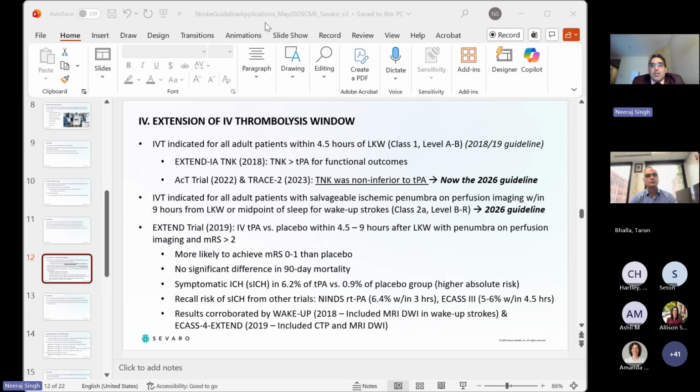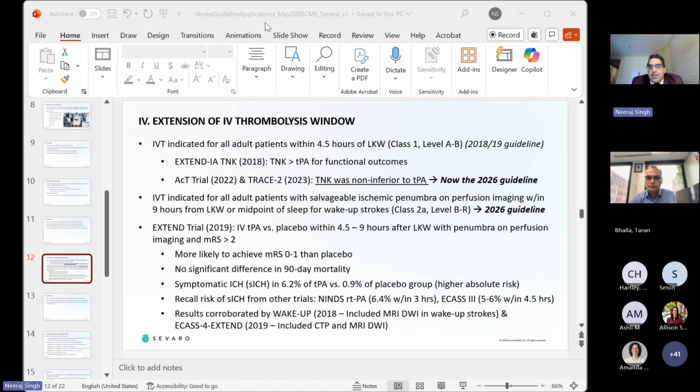And so on a population basis, on average, choosing the midpoint of when someone slept and then woke up with stroke-like symptoms would be the best compromise to determine when the most likely, on average, last seen normal time is. I leave it to you and your individual facilities to decide if that was the right decision, but that was